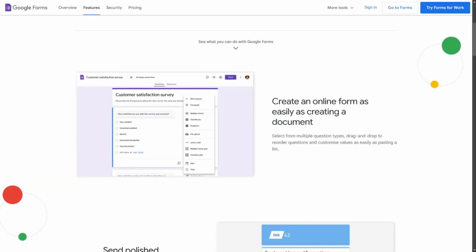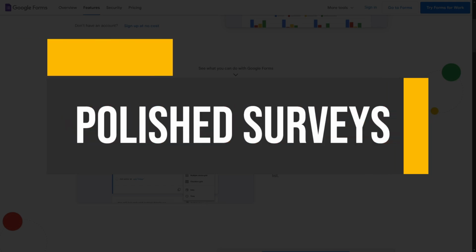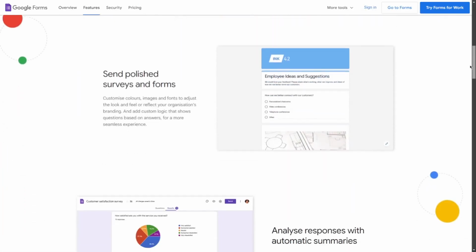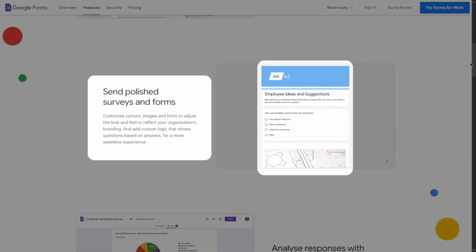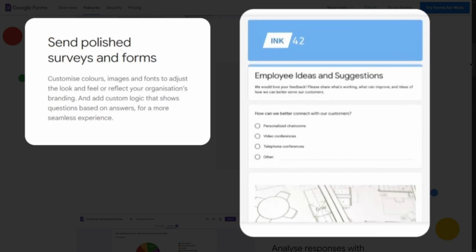without extensive training. Polished surveys. Google Forms enables users to send out professional-looking surveys and forms effortlessly. With customization templates and themes, users can enhance the visual appeal of their forms. This polished presentation helps in engaging respondents, increasing the likelihood of obtaining quality responses, which is essential for effective data